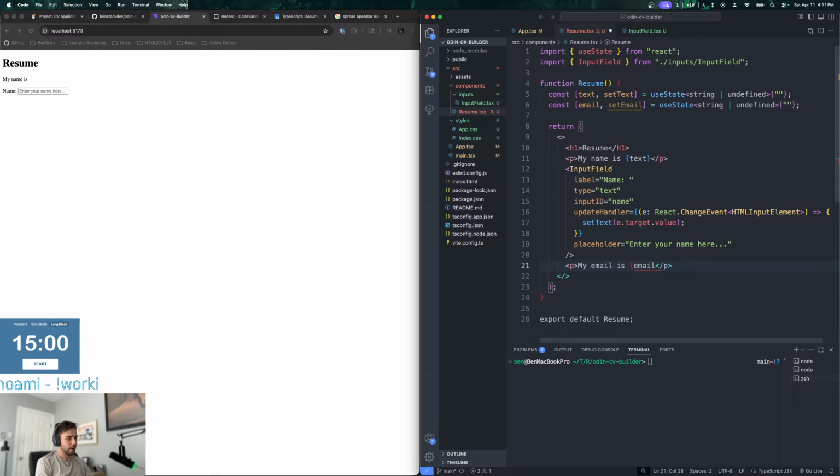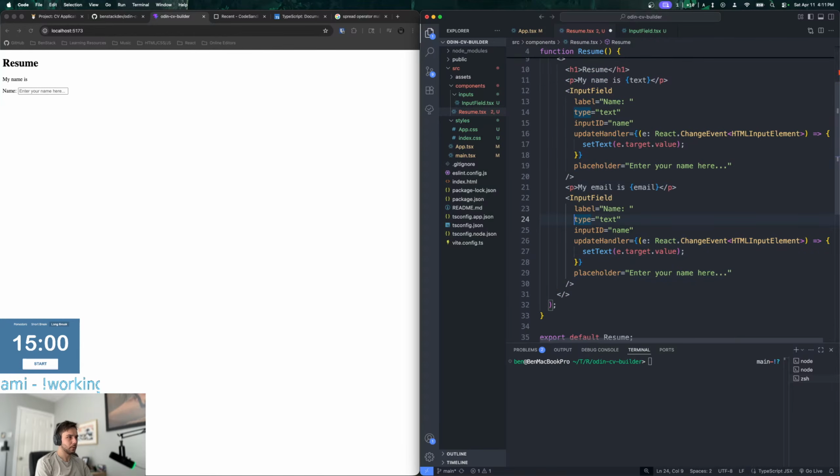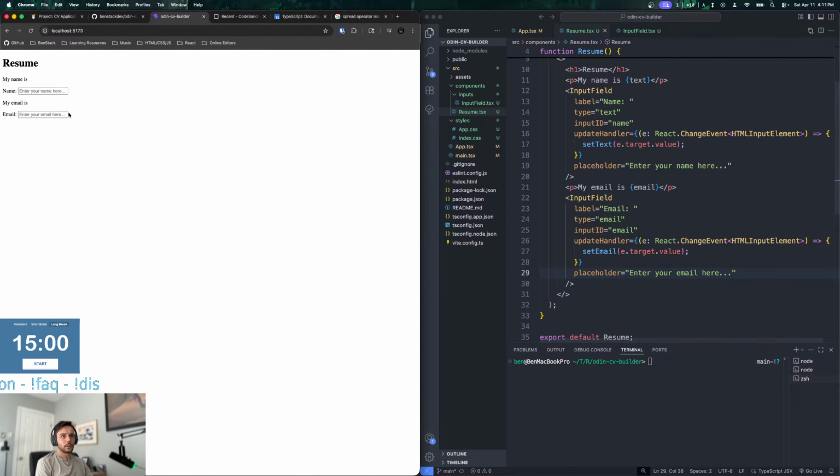This is just temporary, just for testing. And then we have another input field. The type is email. The input ID is email. And then the update handler is set email. Enter your email. And then this should work.